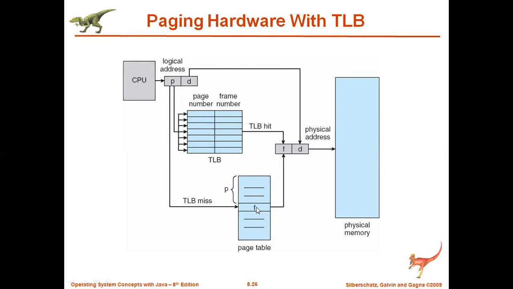If you don't get it within the TLB, that is called a TLB miss. Then the CPU will contact the page table itself, and the access time is going to remain the same as paging. But if the CPU gets it within the TLB, then the access time will be reduced because the TLB is sitting in cache memory. The access time required for cache memory is always less. So that is why the TLB comes into the picture. Even in the question paper, most of the time he asks to explain paging with the TLB, or sometimes direct paging also. Is it clear, guys, why the TLB is used?